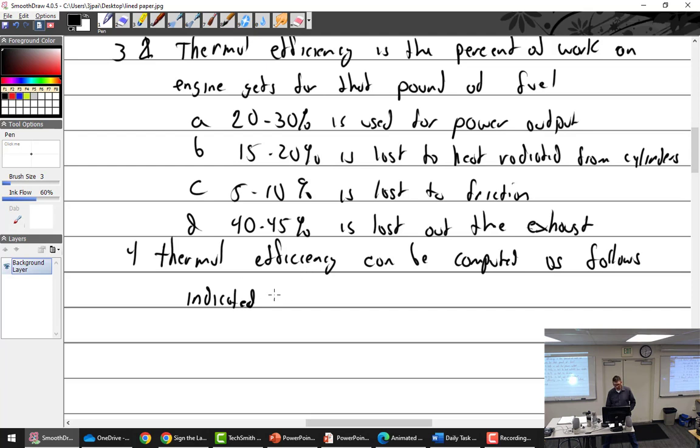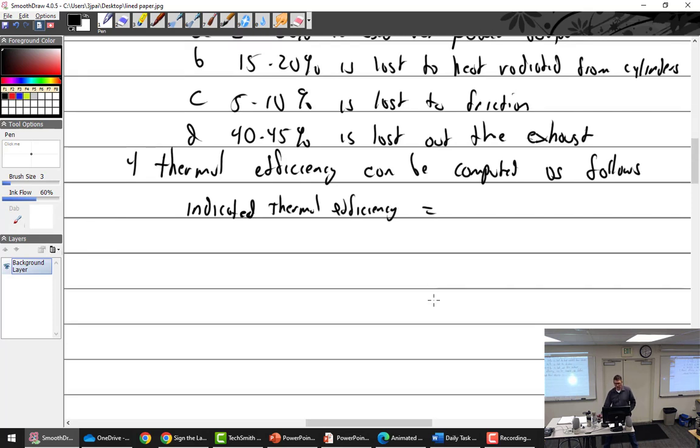Indicated thermal efficiency equals, I'll put it down here. Indicated thermal efficiency equals indicated horsepower